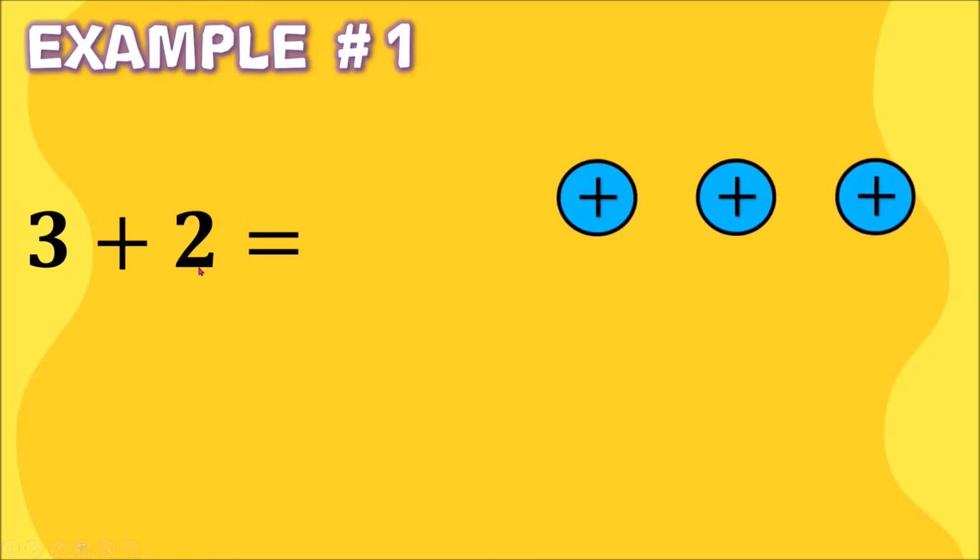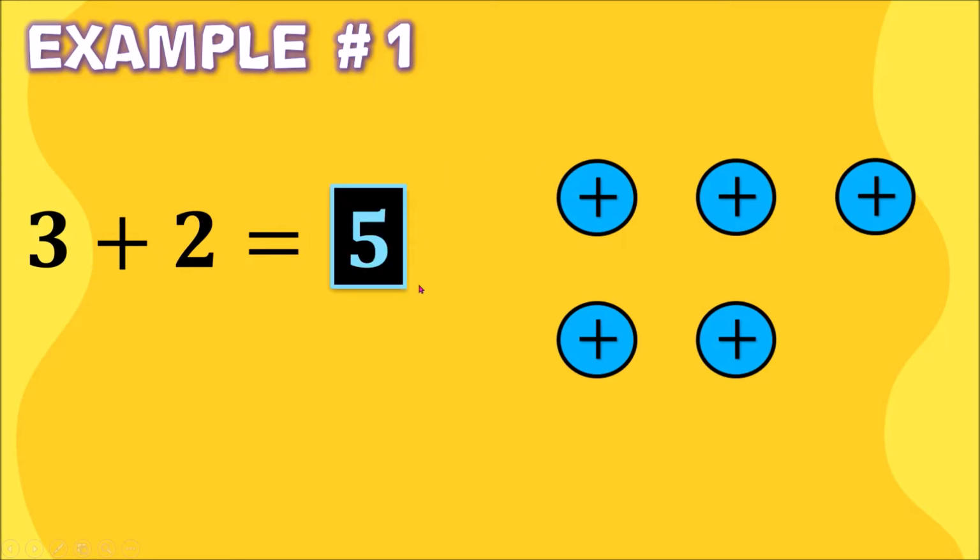So we have here 3 plus 2. So I have here positive 3, so we will use the blue colored counters. And then positive 2, so again, we will use the blue colored counters. And then class, take note, no cancellation because we have no red colored counters here. So in all, we have 5 blue colored counters. So it means that we have positive 5. Again, 3 plus 2 is equal to